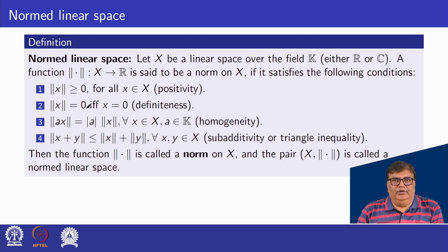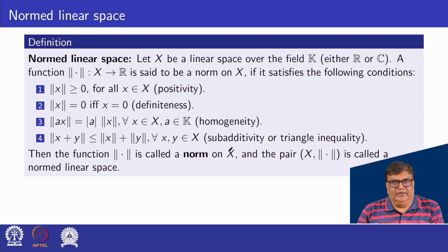Second, ‖x‖ is equal to 0 if and only if the point x is equal to 0. Third, ‖ax‖ is equal to |a| ‖x‖ for all x belonging to X and a scalar. And the fourth property, ‖x+y‖ is less than or equal to ‖x‖ plus ‖y‖ for all x, y